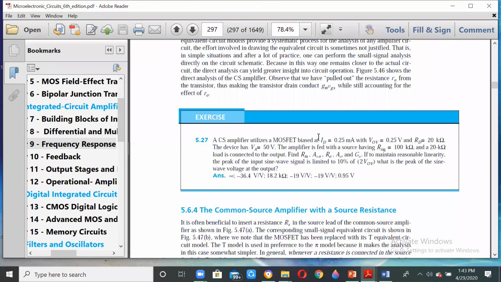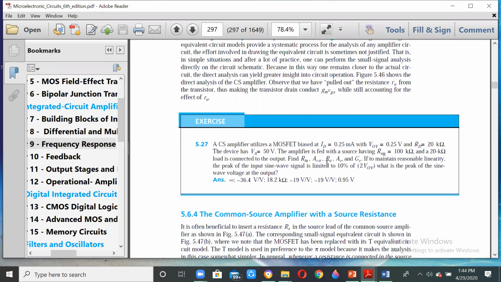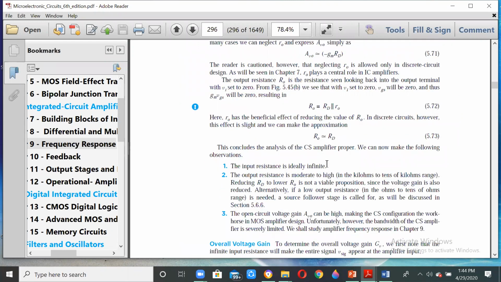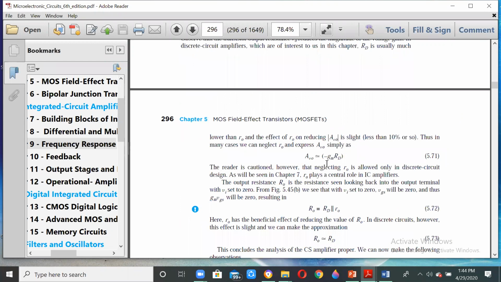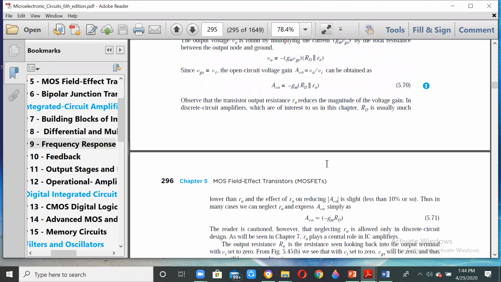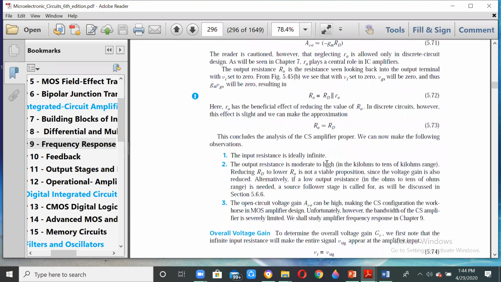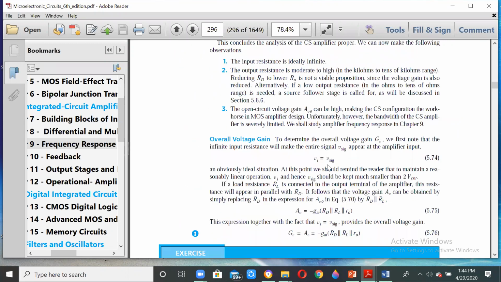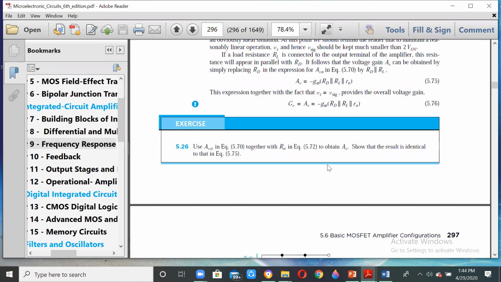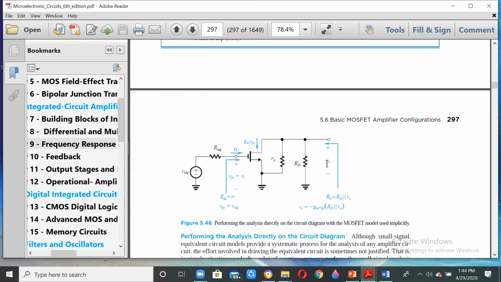And we have solved it in the class, right? The answers are straight away. You can use the formulas which are given there and substitute to get the values. All the formulas are there. What is Rin, what is AV naught, what is AV, right? And then what is R naught, what is AV, and what is GV, same thing as AV. All those values you can find.